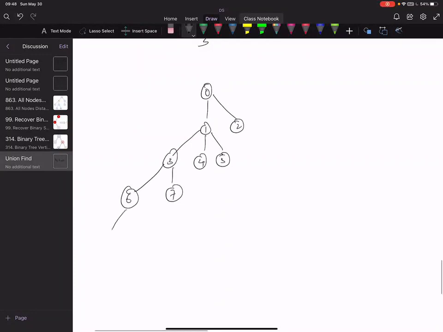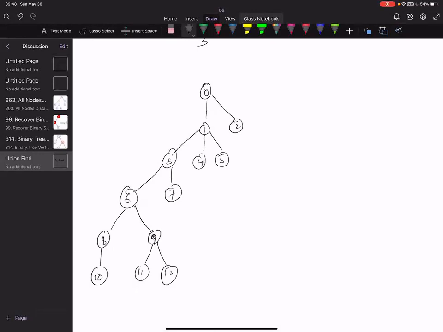Now, this is not following all the principles we have just discussed, but I'm just giving an example of the tree. So its depth is more. Right. So when we have to find the parent of 9, what do we do? We go from 9 to 6, then we go from 6 to 3, then from 3 to 1, and then from 1 to 0. Is that correct?